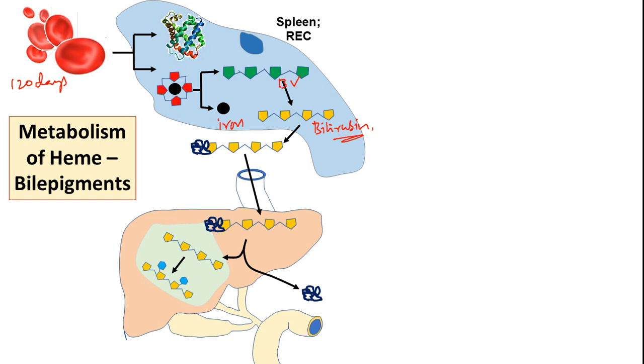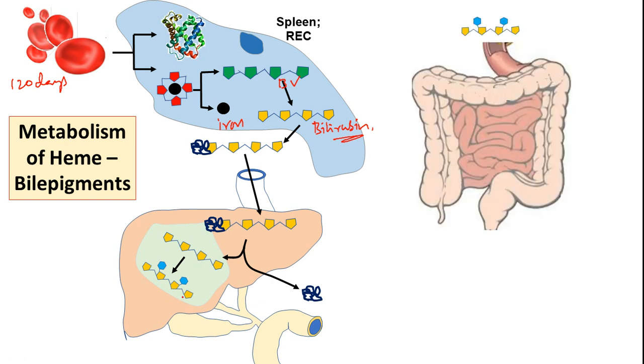Okay, so that's the reason why it adds a lot of polarity, and now it is easy for bilirubin to be excreted. Once the conjugation is over, the conjugated bilirubin will now enter into the gallbladder. The gallbladder contains so many other chemicals, and bile juices contain so many enzymes. Here in the gallbladder, the diglucuronide will be stored, and then the material will be released into the duodenum, and then it enters into the small intestine.